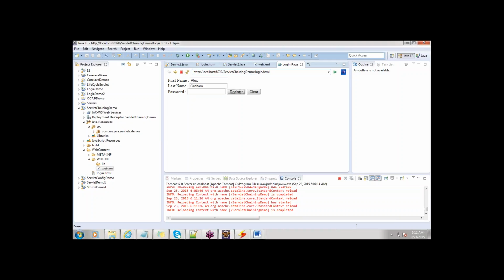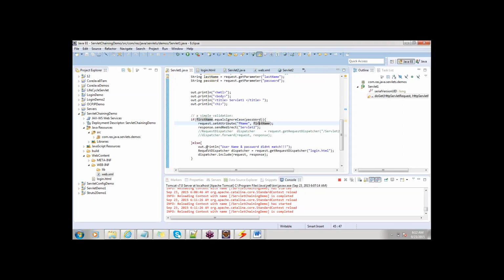And now the URL is login.html, being the first page, home page. Now I am giving Alex, the same name. You can see servlet 2 is displaying Mr. Null, okay? Now, let me go back to servlet 1 and comment this response send redirect and uncomment this